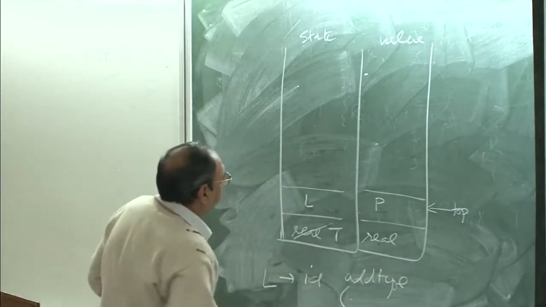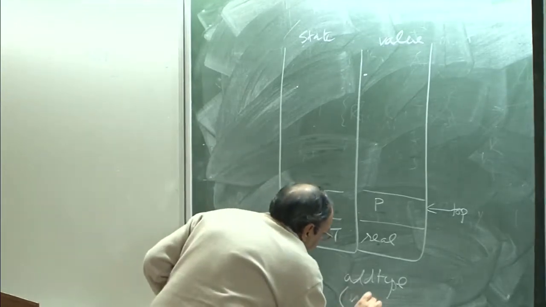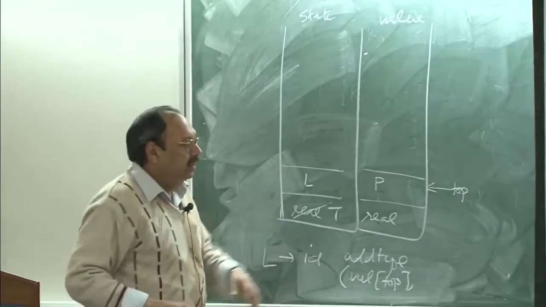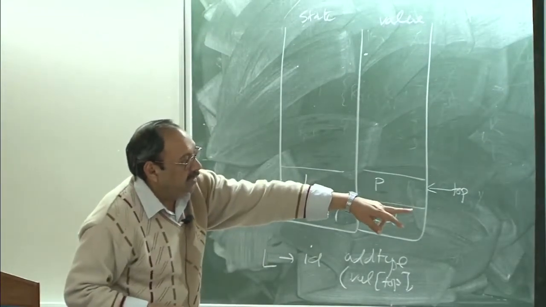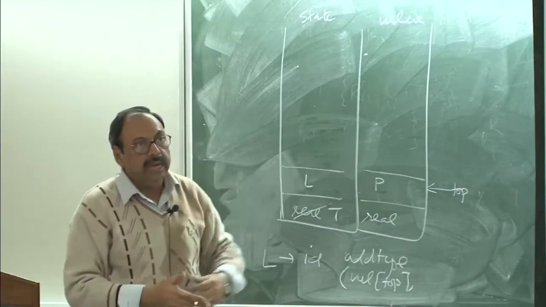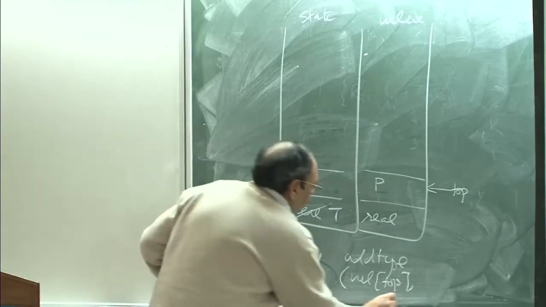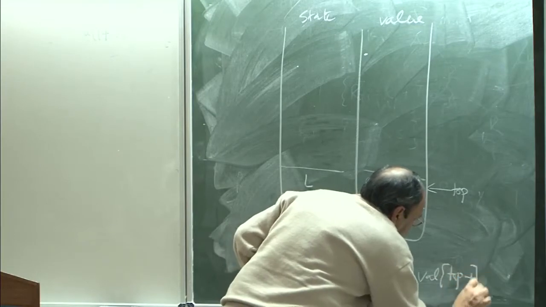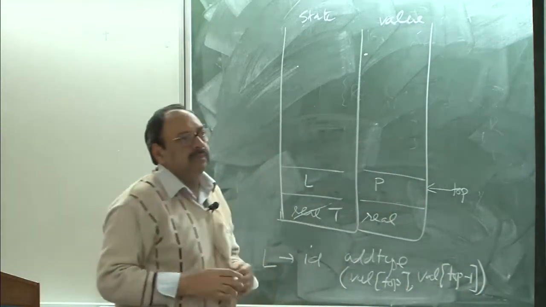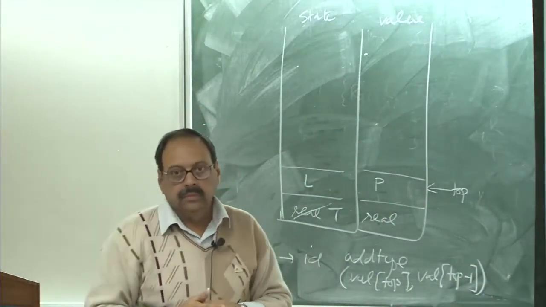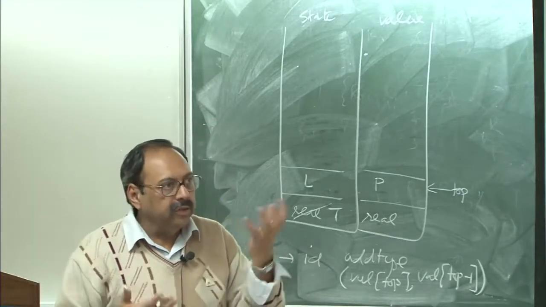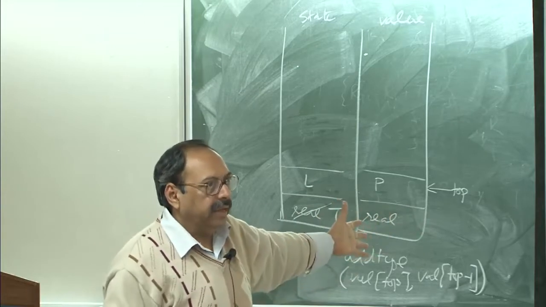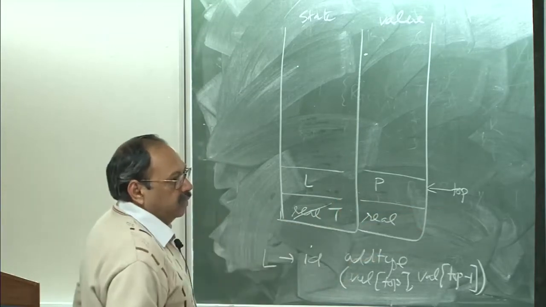and where is my ID? ID is at the top, so I say value at the top, and then I say type information. So, what is L inherited there? L inherited is nothing but type information. So, there I say that this is value at top minus 1. So, basically I am looking for this information, what is the type of P, and that is on the stack. I could find it at top minus 1.